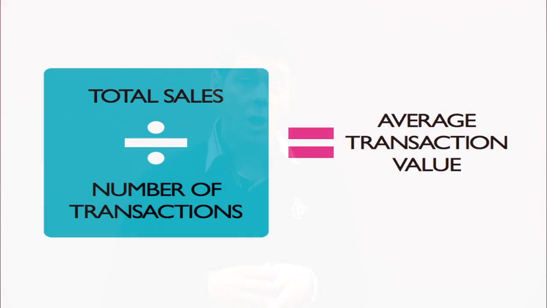Now let us move on to average transaction value. By using equation number 2, we're able to see how much money a customer spends with you on average. It is a very simple equation. Total turnover, which could be for the day, the week or the month, divided by the number of transactions that